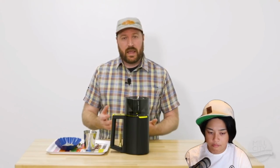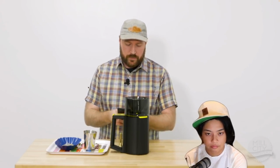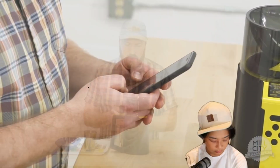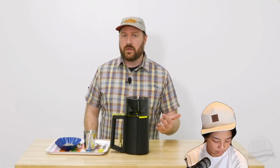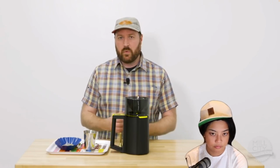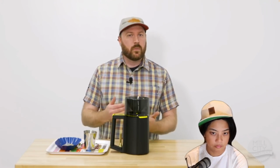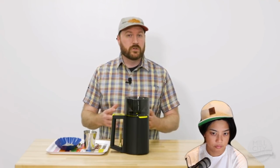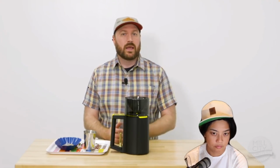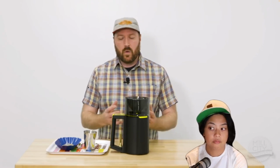If we have 808 grams per liter and 10.8% of that is moisture, well, let's just see what that looks like. 808 is 87.26 grams of moisture. So if I had a very high density coffee that was still measuring at 10.8% moisture, then I know that I would have more moisture in that coffee, even though my percentage is reading the same. If I had a lower density coffee that measures at 10.8% moisture, then I know that even though my moisture is reading the same percentage, I actually have far less moisture in that coffee overall. This is great insight for you as a roaster, and I hope that...